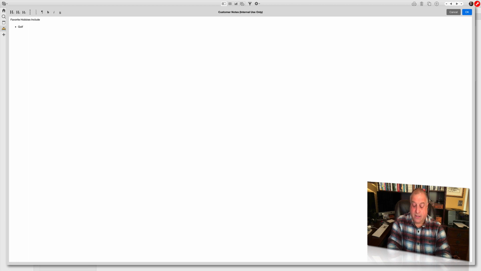Golf, return to go to the next line, skiing, and finally, painting. Hit the return key twice, once, and then a second time to close the bulleted list. I want to add a second demarked list, but instead of bullets, I want numbers. So we're going to type a heading of